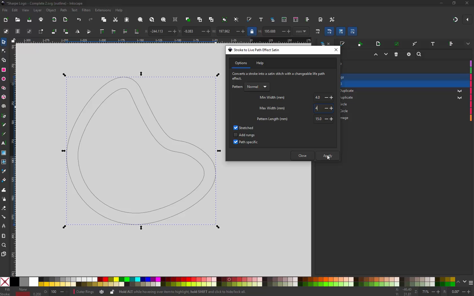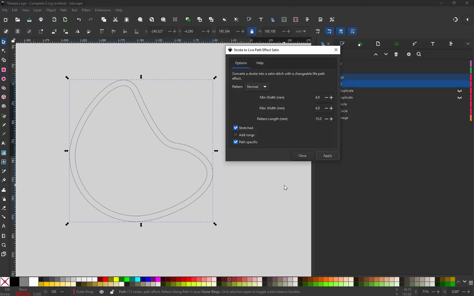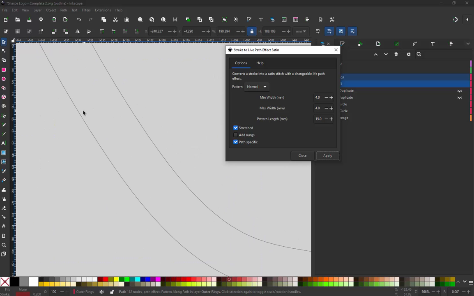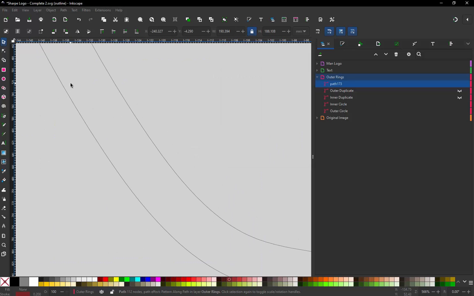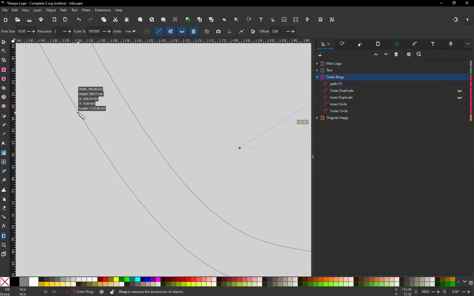What we're expecting here is in fact a 4 millimeter border. And is that 4 millimeters? Well, let's take a look. So I grab my measurement tool